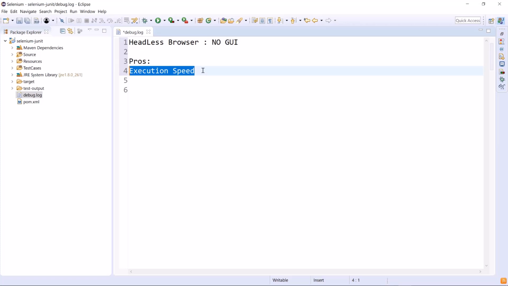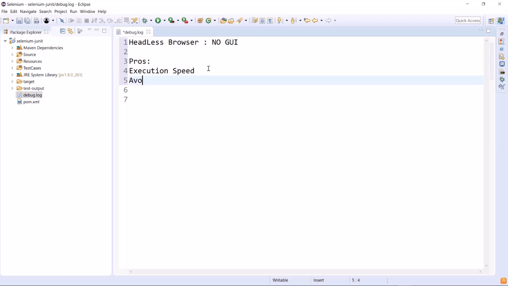So it bypasses all the time other browsers take when they start, like loading CSS, JavaScript, and rendering HTML pages. What I have seen is that when we execute our scripts on a headless browser, the execution speed generally increases by 2 times or more compared to other real browsers.